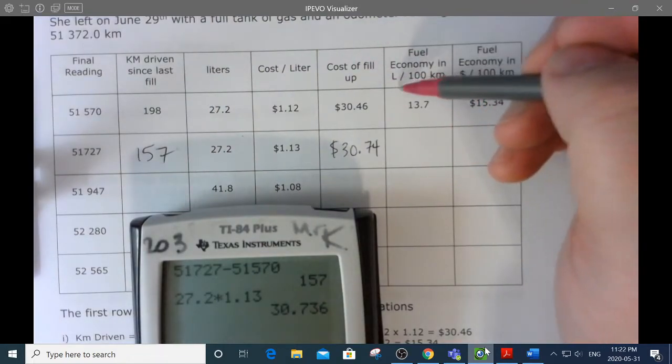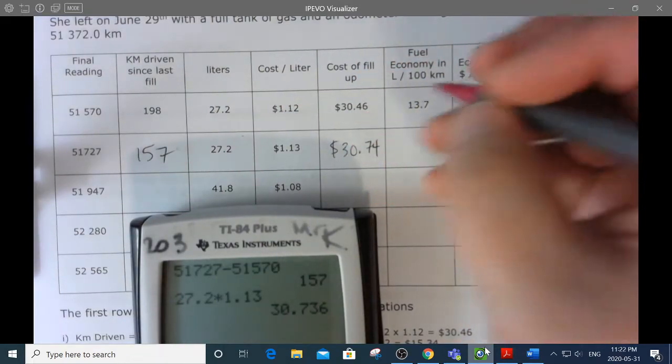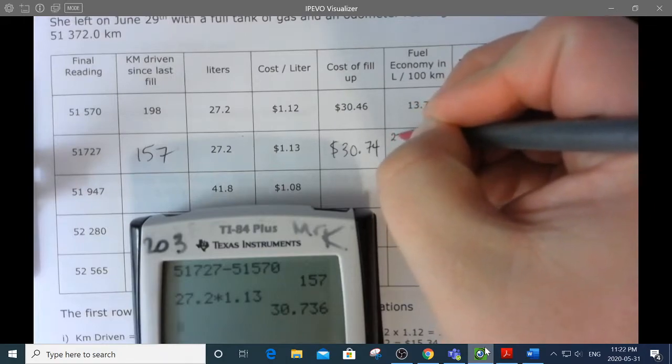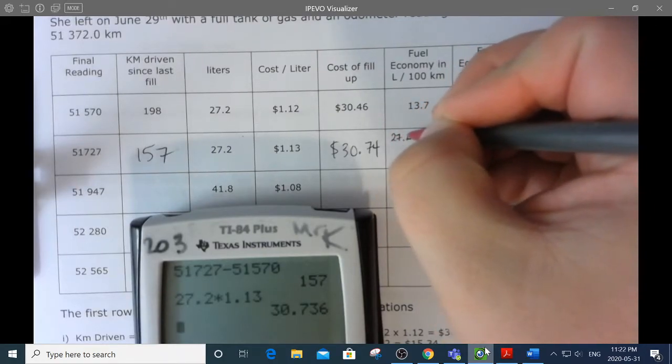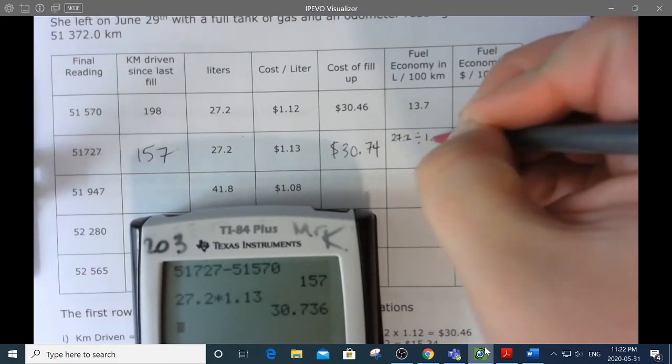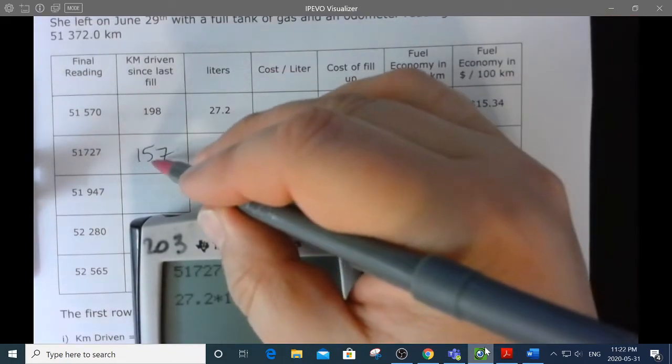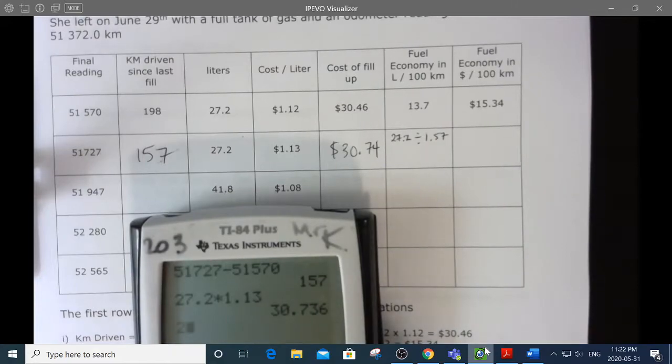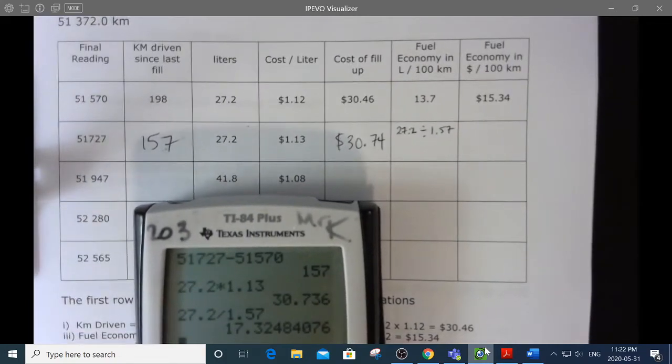Because it's per every 100 kilometers driven. So the actual calculation is going to be 27.2 liters divided by 1.57, right? Because that's how many hundreds this is. So 27.2 divided by 1.57 is going to equal 17. We'll round that to one place. That's 17.3